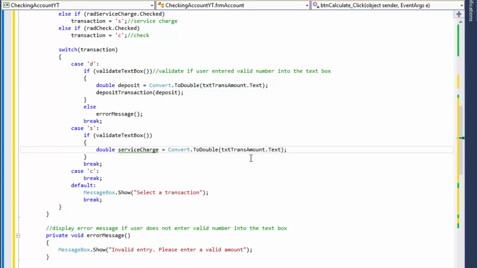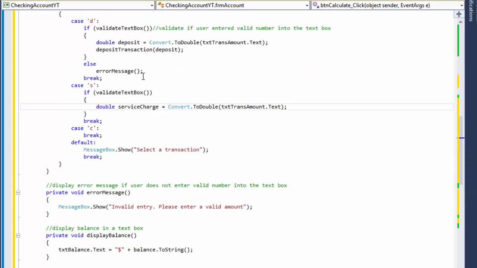So I will just copy paste it. It will equal whatever the amount is entered into the text box. Of course, we're not going to do the deposit this time. We're going to do a service charge calculation, which basically means we're going to deduct from or subtract from our